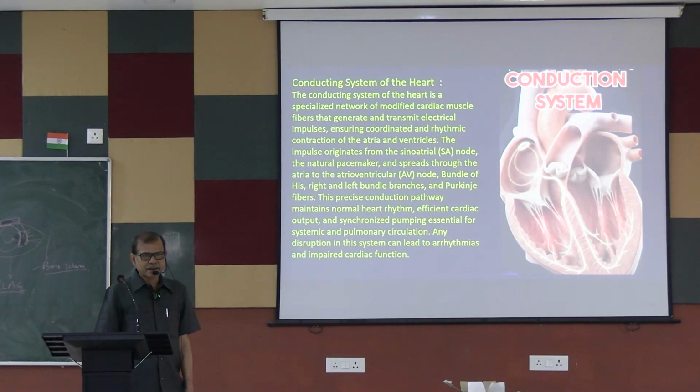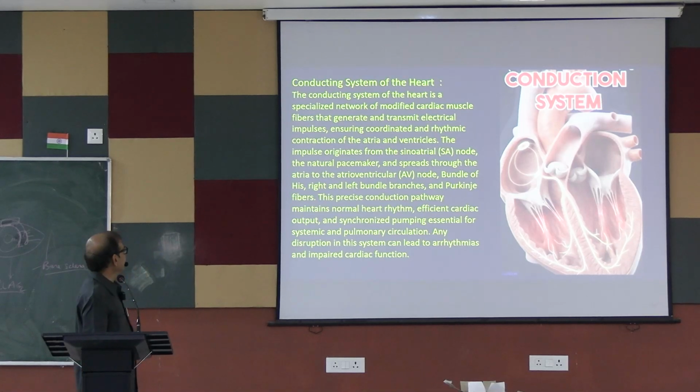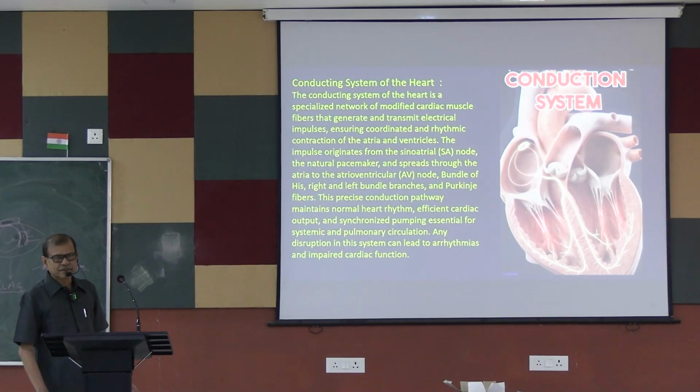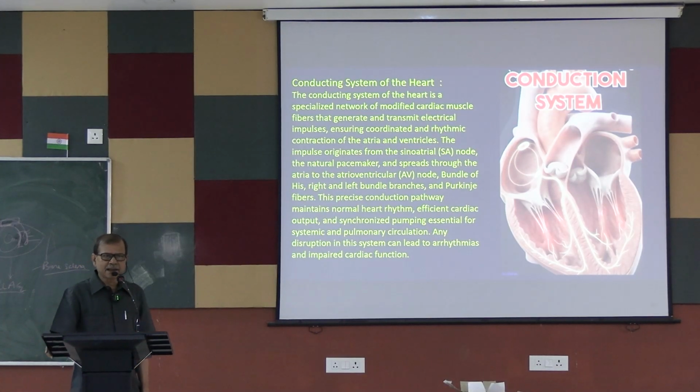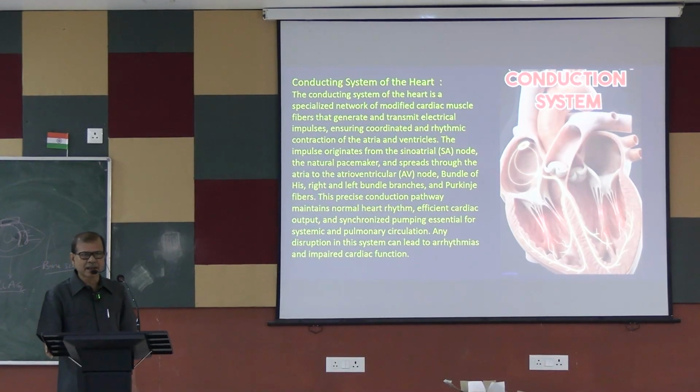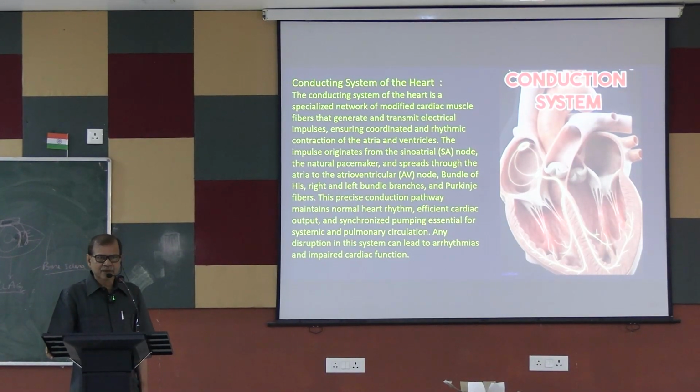The conduction system of the heart is a specialized network or circuit of modified cardiac muscle fibers designed for initiation and propagation of electrical impulses through a specialized route containing SA node,